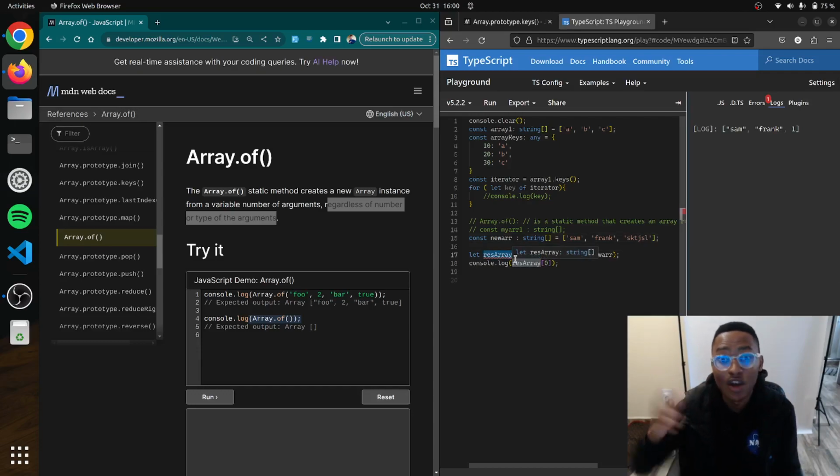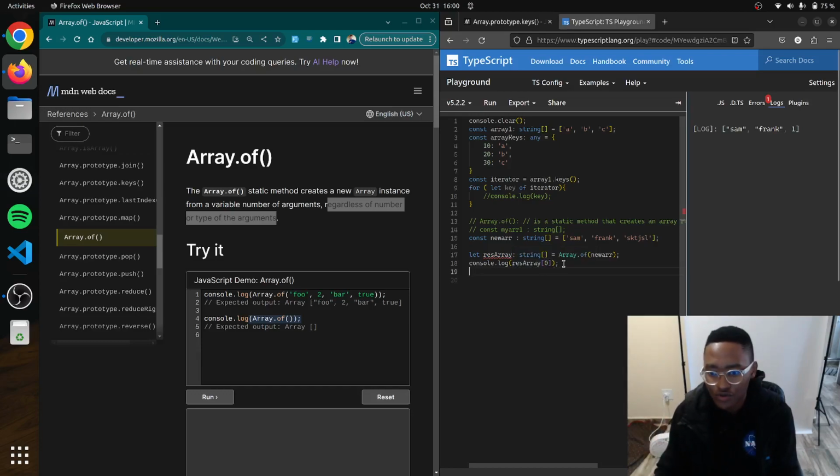You're trying to pass in a whole array. Doesn't matter if it's of type string. You're trying to pass in an array, so you cannot do that. Here you would have to say you want, what would you say? You would say you want to take in an array that takes in type of,